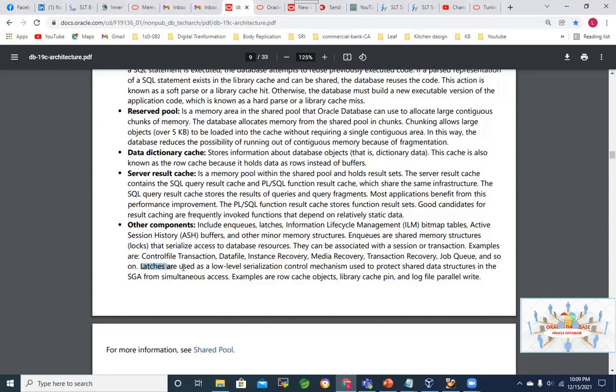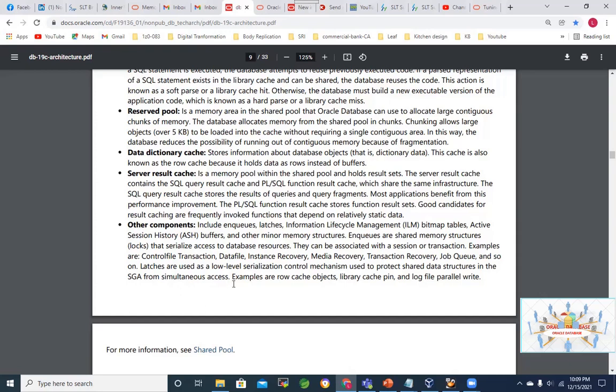And latches are used for low level. Yeah, latches is another mechanism to control these memory structures by handling the locks mechanism. And so that's what it says. Latches are used as a low level serialization control mechanism to protect shared data structures in the SGA from simultaneous access.